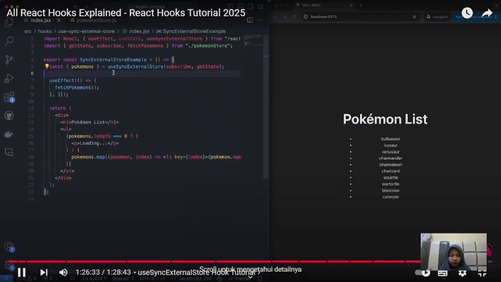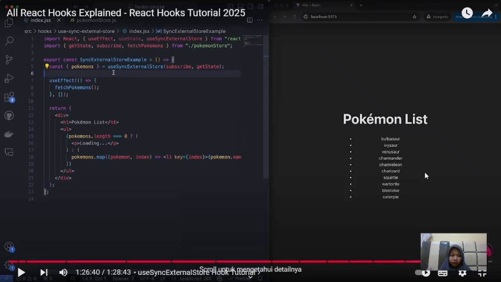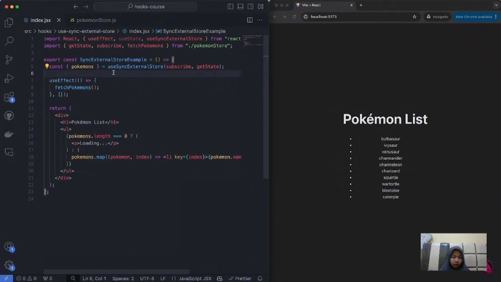The useSyncExternalStore, like I said, the purpose of it is just syncing React components with some sort of external store, whilst the useContext hook and creating a context, its main purpose is something else. It's sharing state and data across a component tree. Now, you can indeed do something similar using either of those,